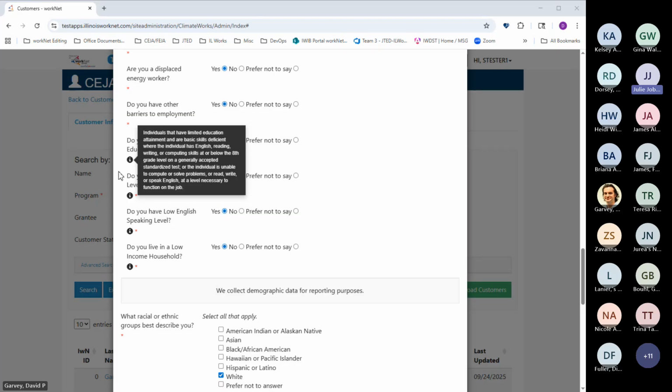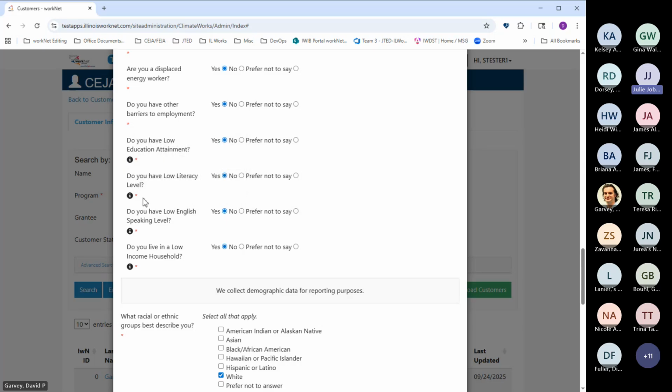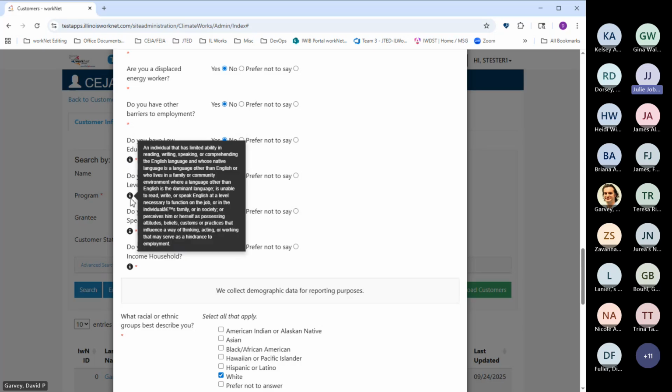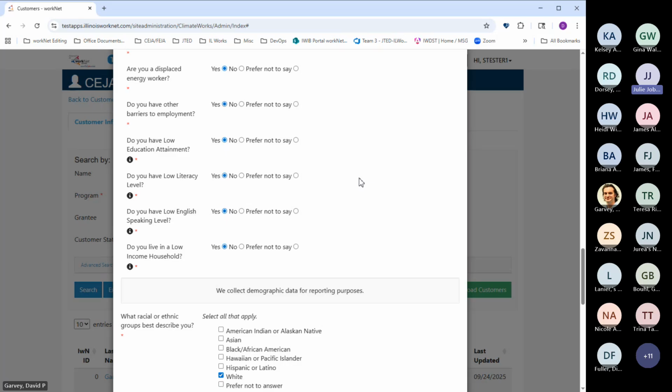All of our students are requested to do CASAS testing. So those two to me are answered through testing and not through asking them what education level they think they're at. Because we've had students tell us they've graduated high school and then they test at like a fifth grade level. So I'm just concerned about how those two in particular are going to be defined. I know you've got the definitions there and I understand that.